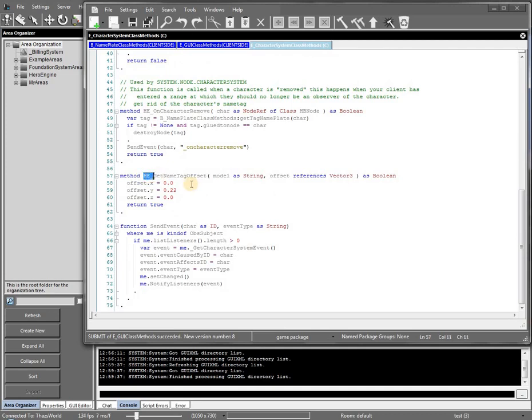Same thing here. We're going to override our base get name tag offset. And here, basically, it's going to be X and Z of 0. And our Y is how far above the model's head it's going to be. Here we're going to set it at 0.22, which means approximately 2 feet up. The offset is going to reference, and the model is going to be the string coming in. Those aren't used in here, but the offset is set. The model isn't needed, and we return true saying we did it, so that the override does not fall through